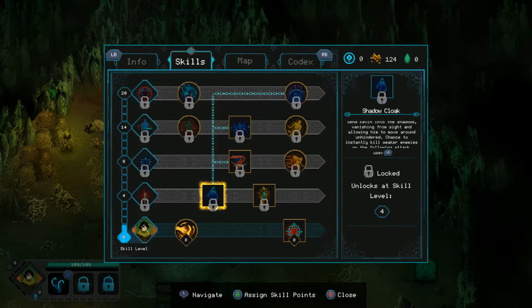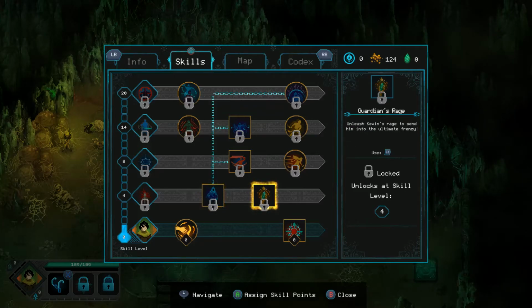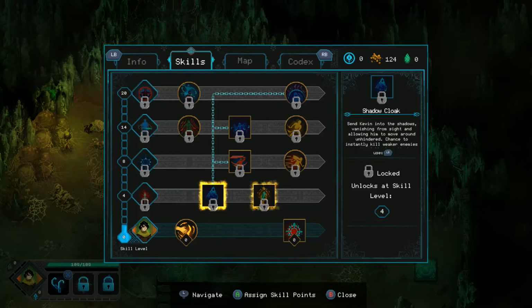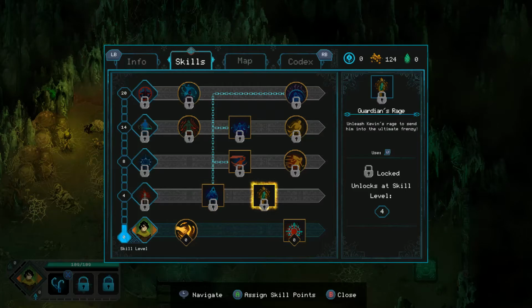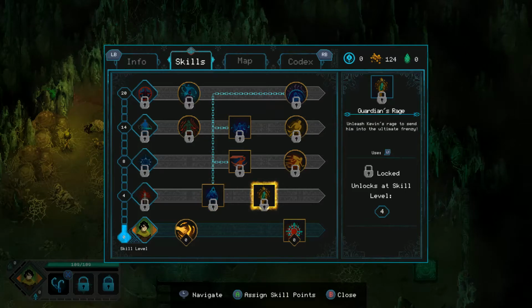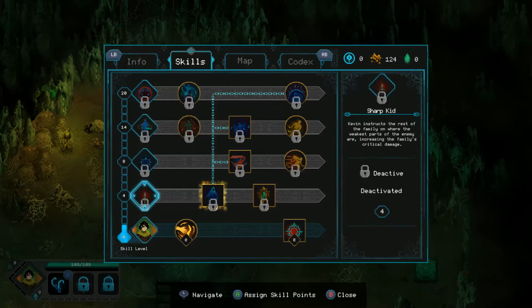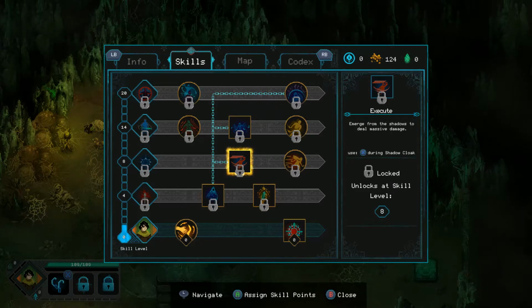Vanishing from sight, I mean, that sounds like it's gonna make him invisible. And then the next attack from stealth will deal extra damage, makes sense. Although, I guess that only mentions instantly killing weaker enemies, not just doing more damage. Unleash Kevin's rage to send him into the ultimate frenzy. Huh. So 2 actives on the second tier here, which is unusual. Execute. Oh, emerge from the shadows to deal massive damage. Okay, so that builds on that, of course. So we do get the extra